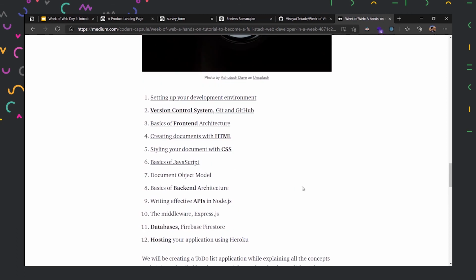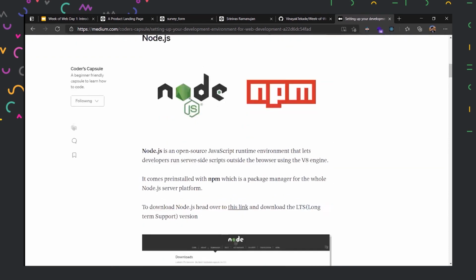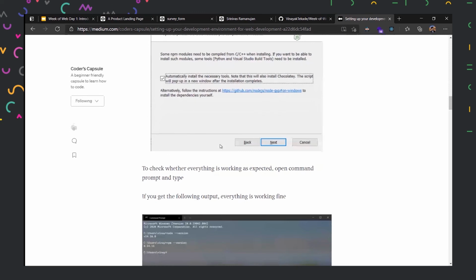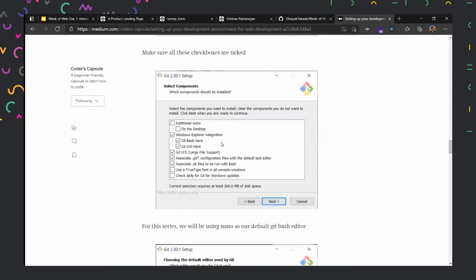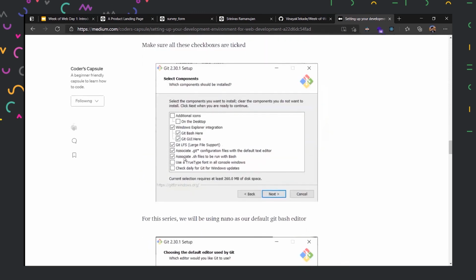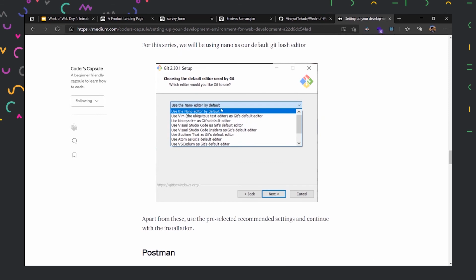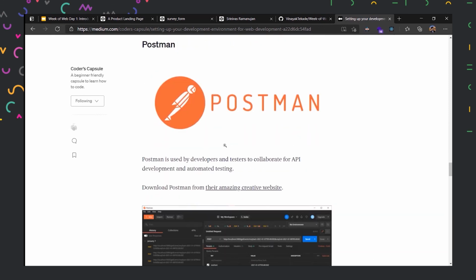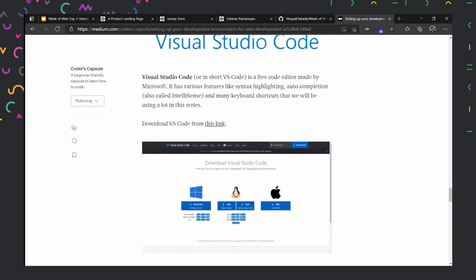So let us say you are confused about how to set up your development environment. Then what you could do is go over here to the first link and see what softwares need to be installed and how to install them, what all the ticks are that are necessary, what this option is, and what option should be selected at this step. The step-by-step guide is present over here.